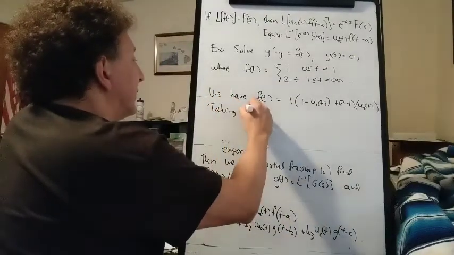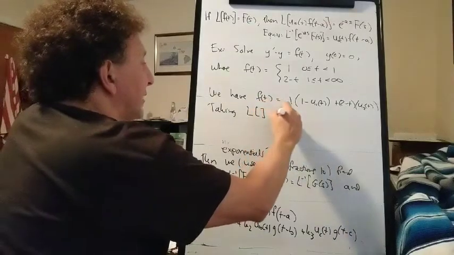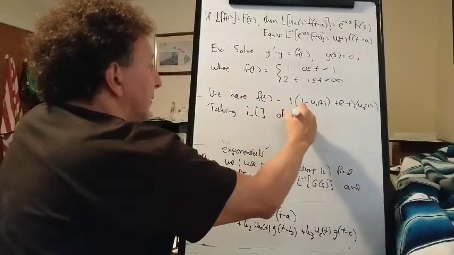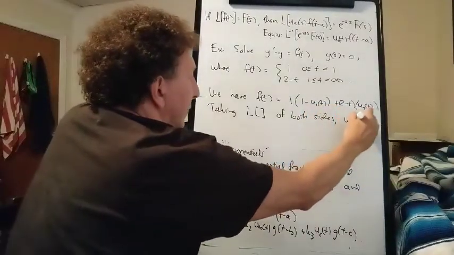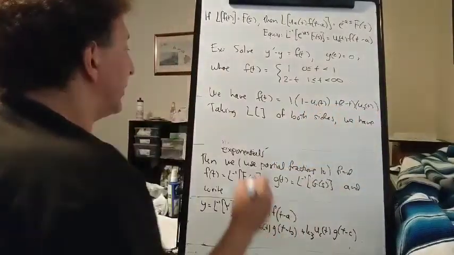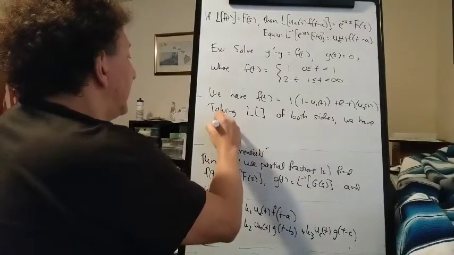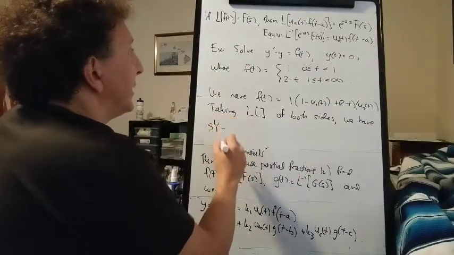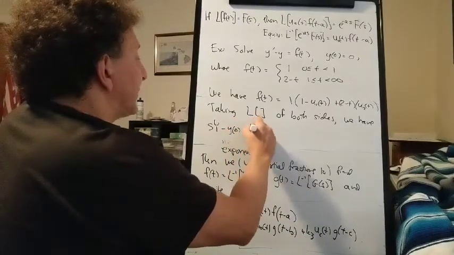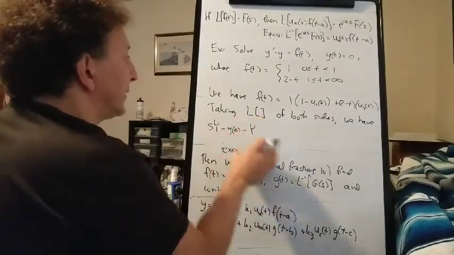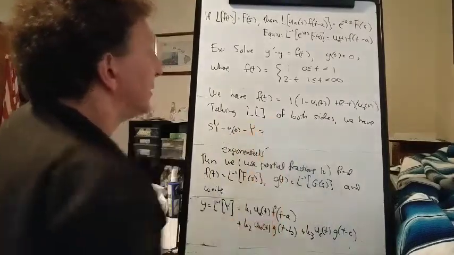Now if we take Laplace transform of both sides, we have s capital Y minus y of 0 minus capital Y equals,